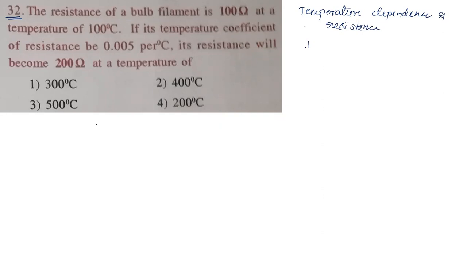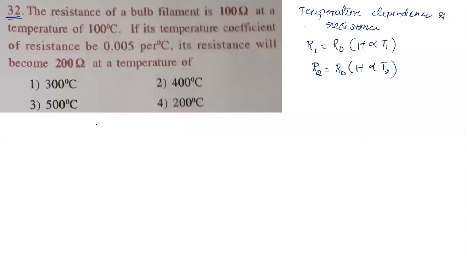How is it? Okay, if I take the first resistor, R1 depends on R0 into 1 plus alpha times of T1, let's say T1. So R2 equal to R0 into 1 plus alpha times of T2. That is how the resistance is going to depend, where R0 is the initial resistance. Okay, initial resistance. And again, alpha is the temperature coefficient. Like here, delta T will not come here now. Okay, like the previous resistivity we are using.